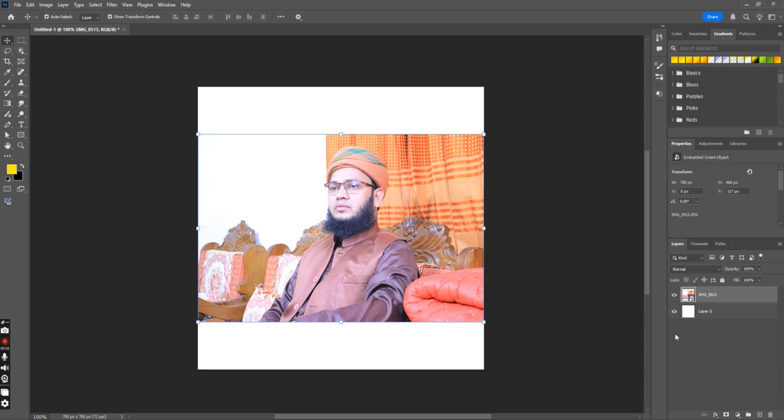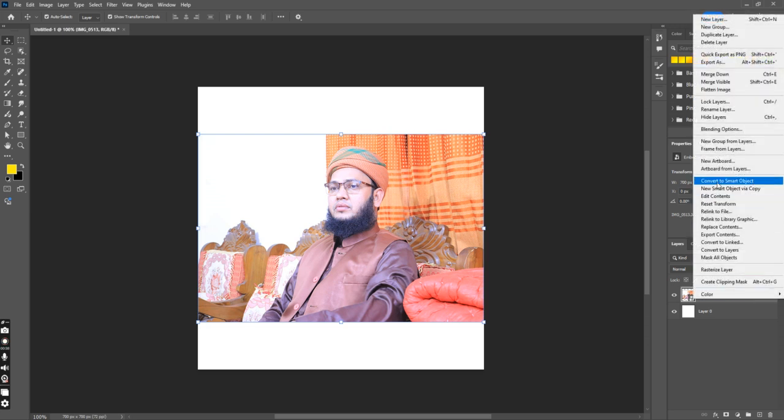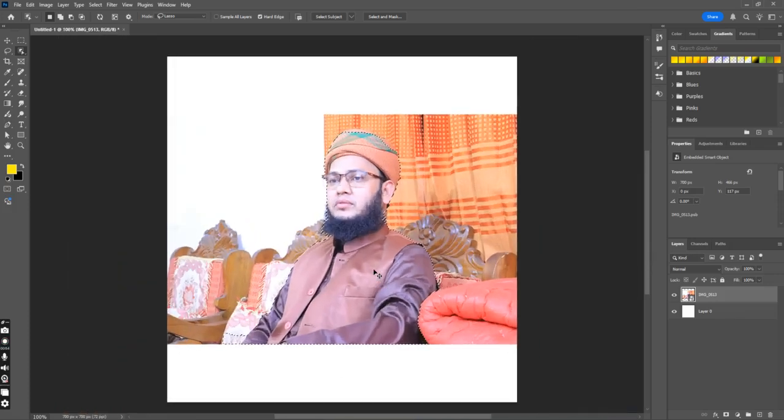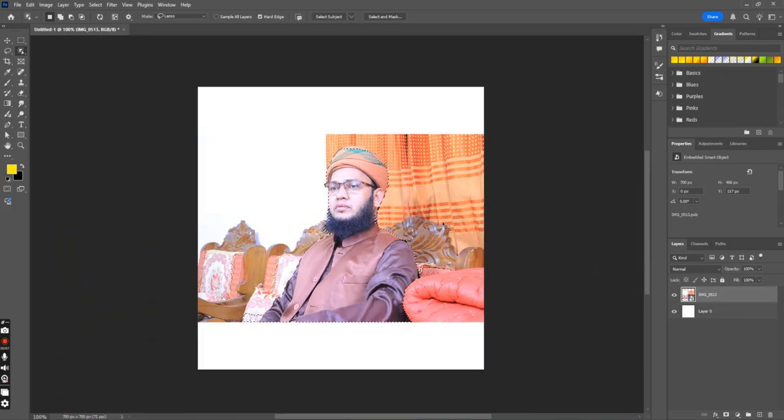like no background. So for that, first of all, I have to convert it to a smart object, and then we have to select the object to see if it works or not. We have some more options to work with, but we will try some options and see which one works well for us. So first of all, I selected it with the object selection tool and clicked on layer mask, and